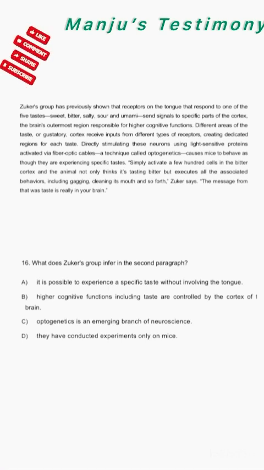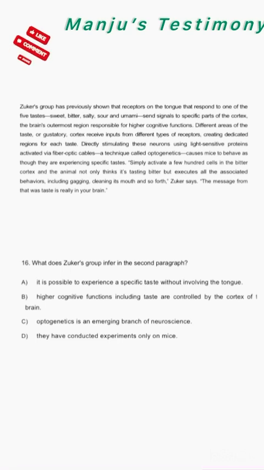Zucker's group has previously shown that receptors on the tongue that respond to one of the five tastes, sweet, bitter, salty, sour, and umami, send signals to a specific part of the cortex, the brain's outermost region responsible for higher cognitive functions. Different areas of the taste or gustatory cortex receive input from different types of receptors, creating dedicated regions for each taste. Directly stimulating these neurons using light-sensitive proteins activated via fiber optic cables, a technique called optogenetics,